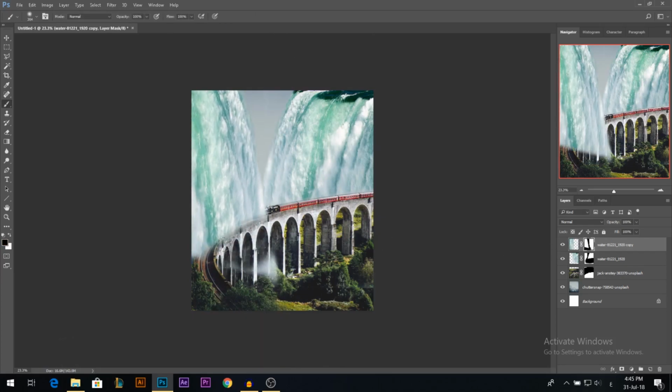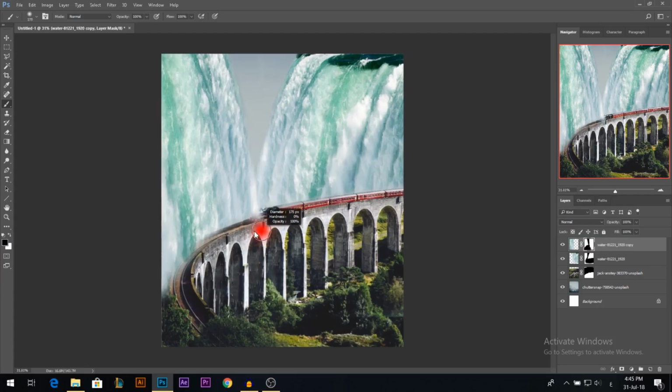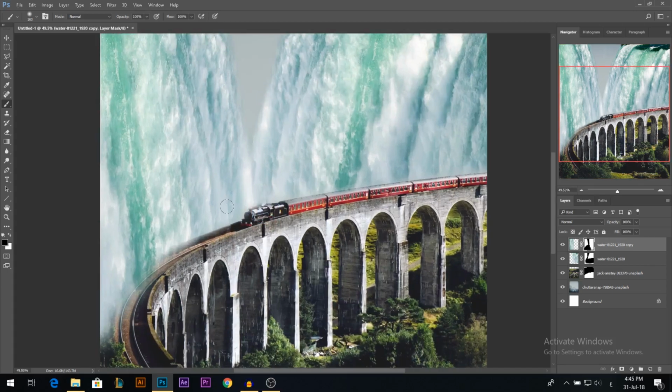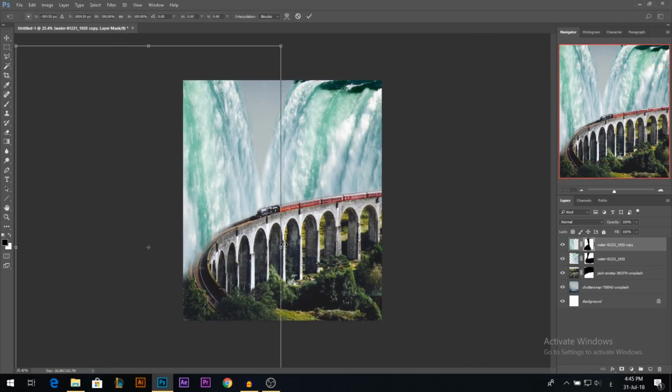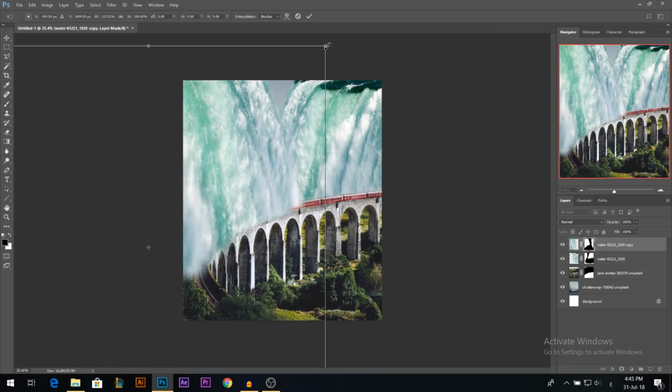And also I'm just gonna erase it from on top of the train, something like that. I press X to switch between black and white. You press X if you want to bring back, you press X if you want to delete, which is the black color. Okay, but then I wanna play around a little bit more